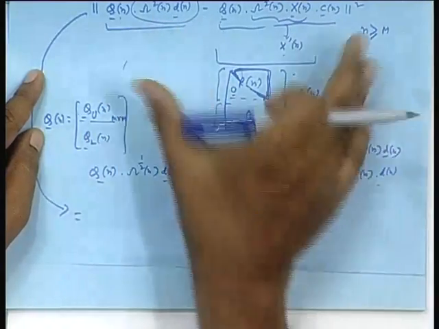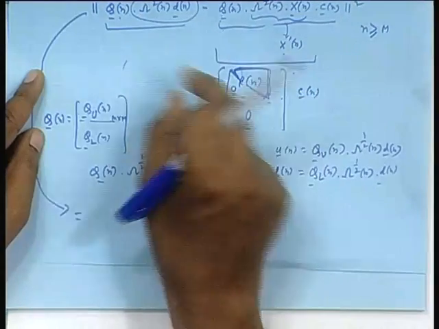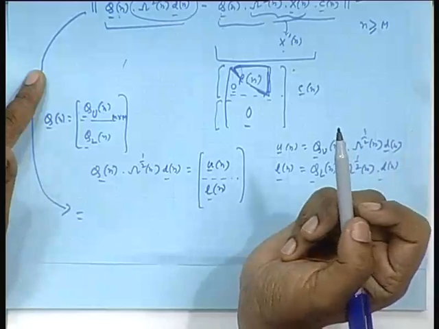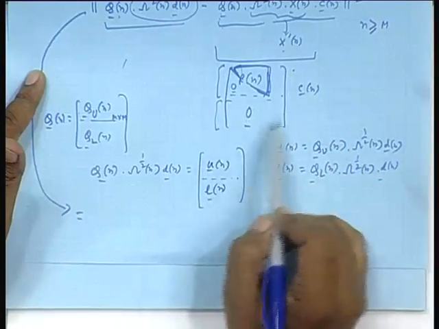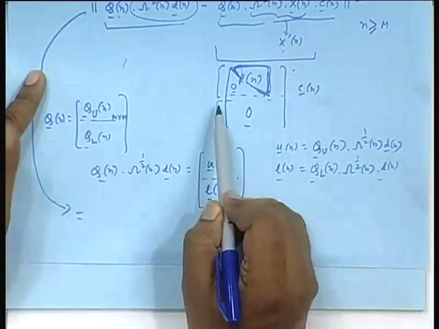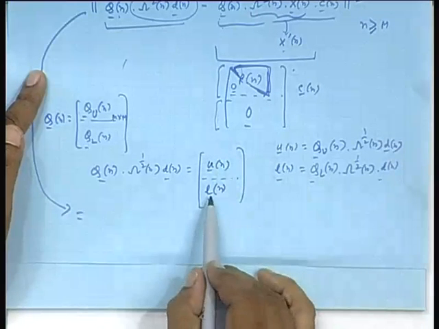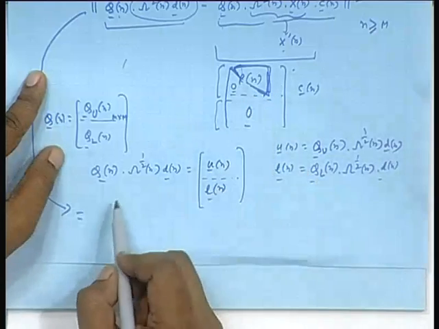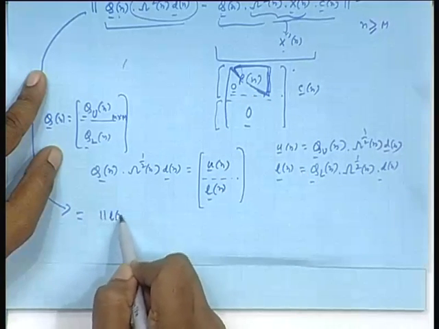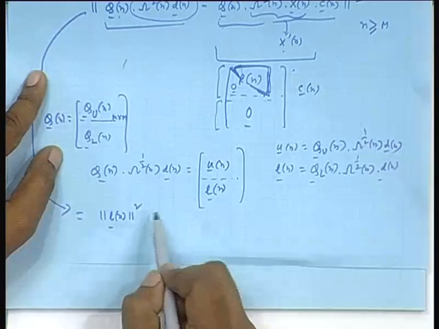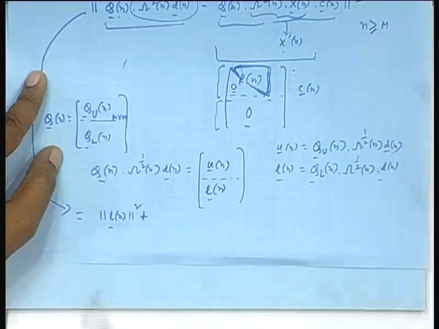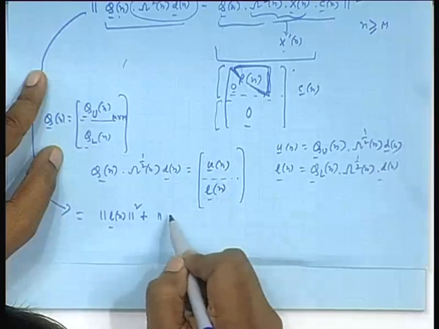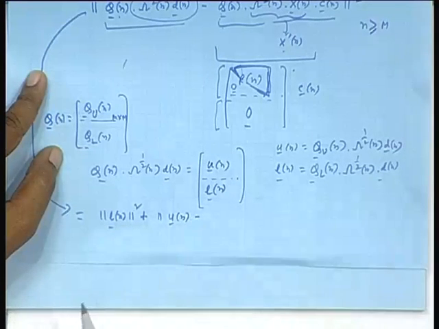This norm square means: find each term of the total vector, square, and add all the terms, out of which the lower half times C n will give rise to a chunk of zeros, that subtracted from L n will give rise to L n only, and the upper half. So, that means this total norm square will be plus this part, u n minus